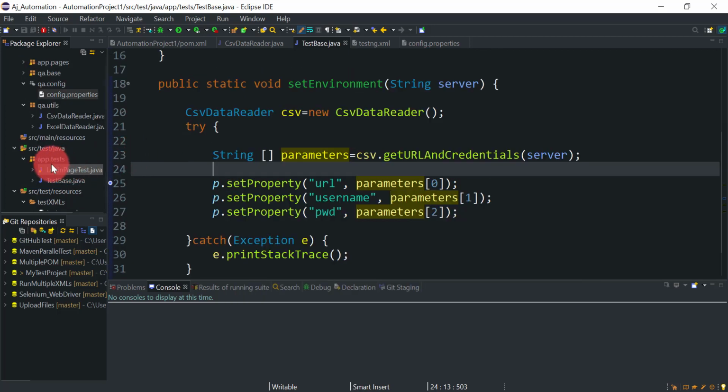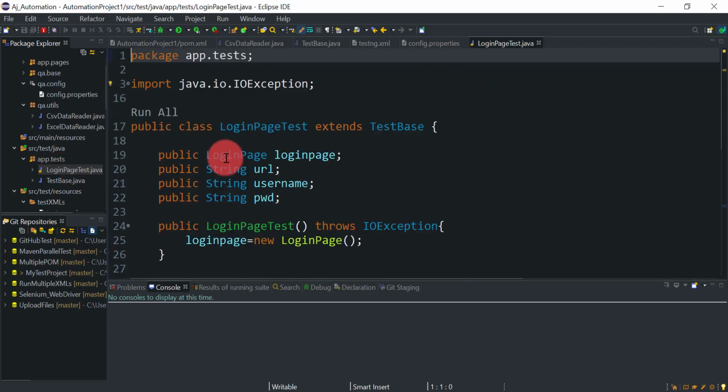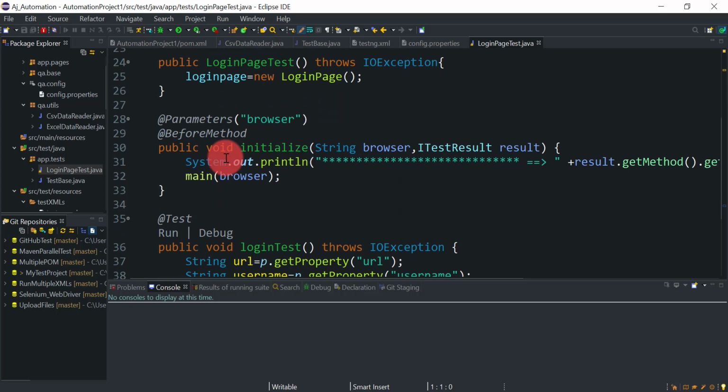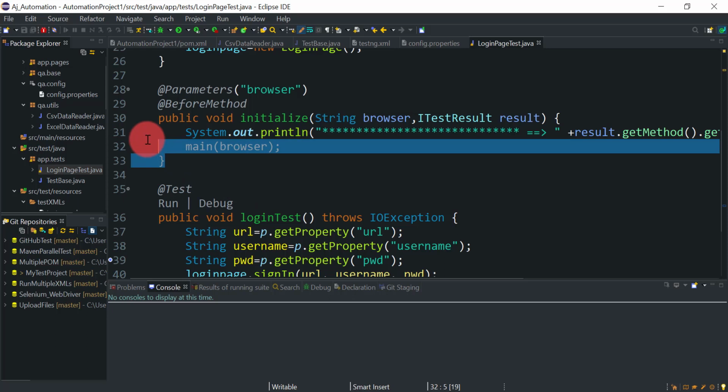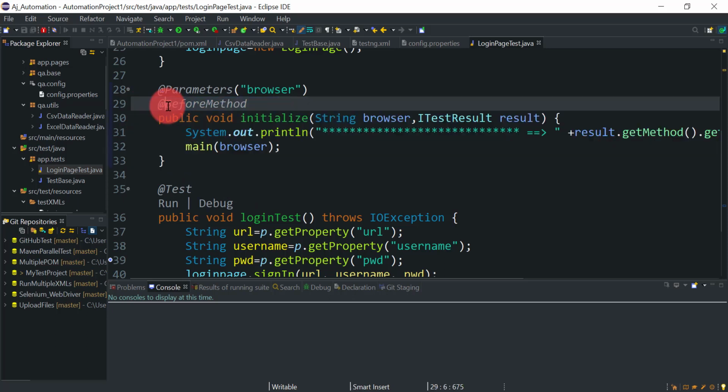I have added the login test case in this src test java in the app test folder. This is the login page test.java. You can see I have used this before method annotation here. First of all, before you start executing your test case, we need to decide on which browser we need to run our test case. For that purpose I have used this before method testng annotation.